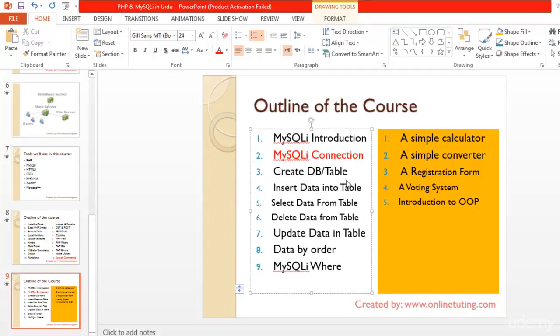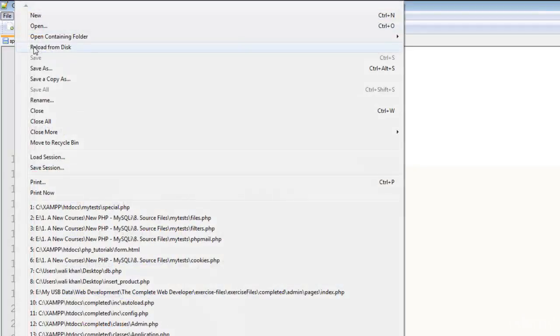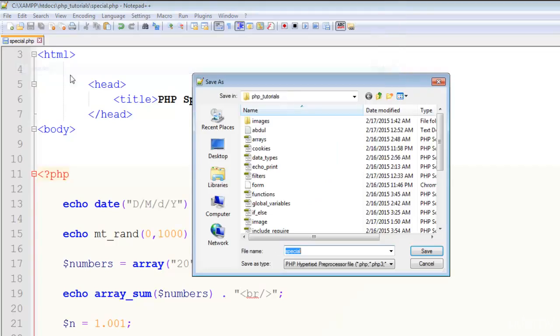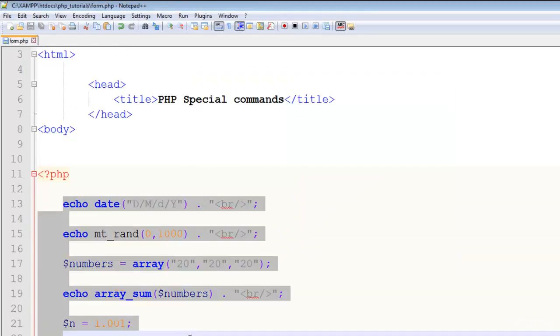In this lecture we'll talk about the MySQL connection, how we can create a connection to the database in PHP. So I have Notepad open. Now I'll make a new page, save as a copy of this page, and that will be mysql.php, or you can say something like form.php. This will be form.php. We'll remove this stuff